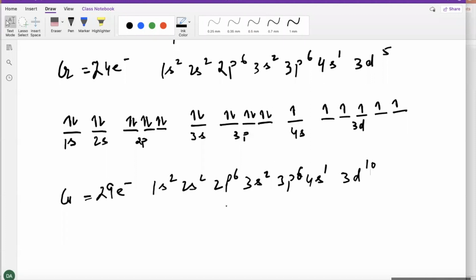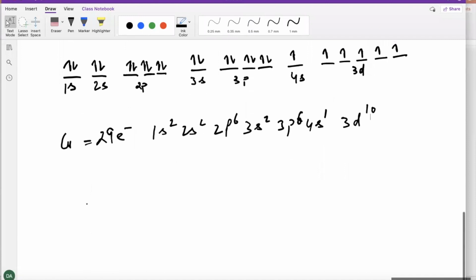So guys, if you understand this whole topic, electron configuration and orbital diagram, expect a few questions on your exam on this. Then guys, as I said before,